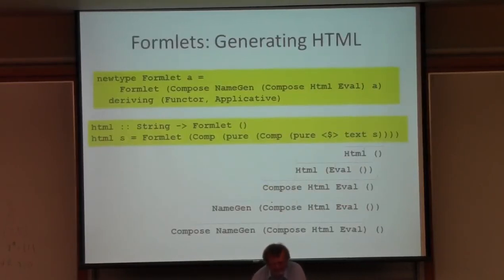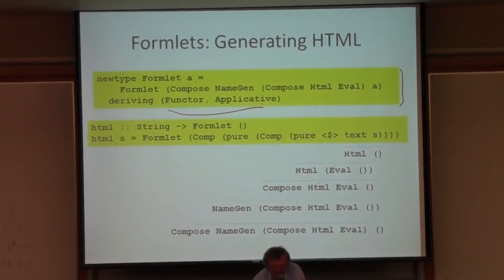So now I come to the formlet type. There was the type definition I showed you. Once again, I can just derive the functor and applicative instances. But I have to define the operations that you saw in that code. I have to define how to generate HTML. And of course, I'm going to do that with text. But that is